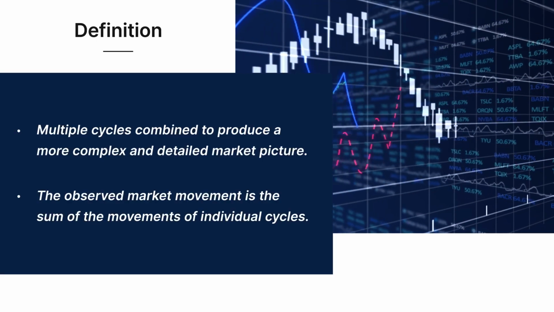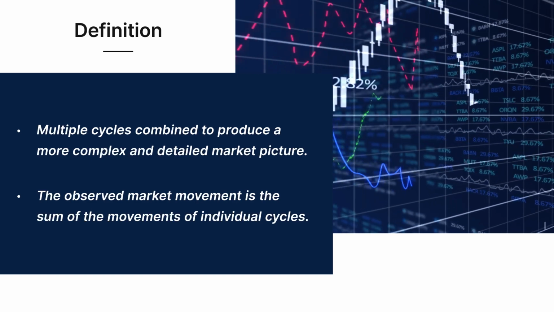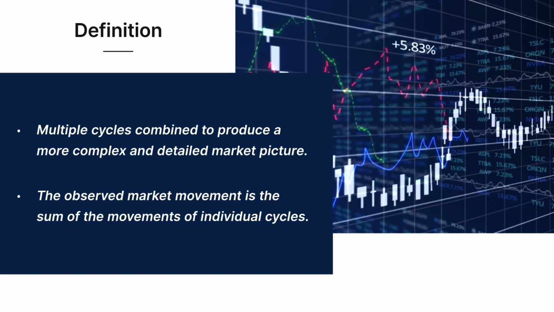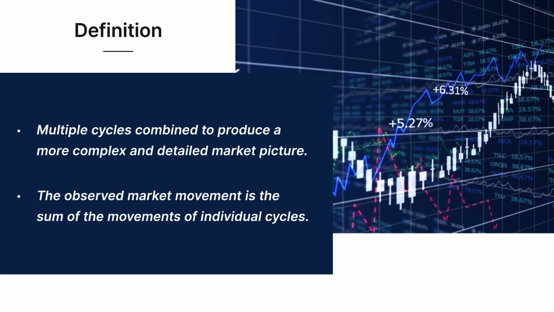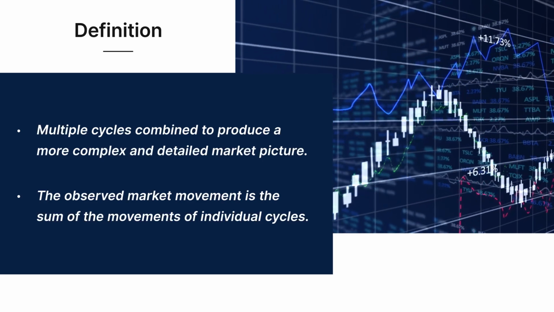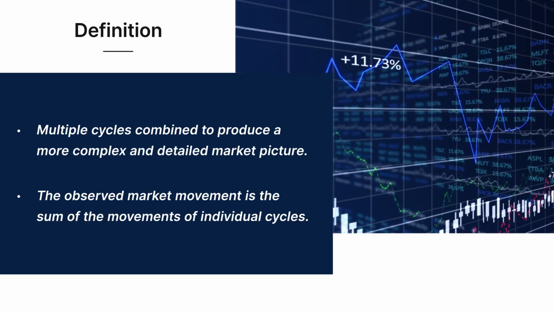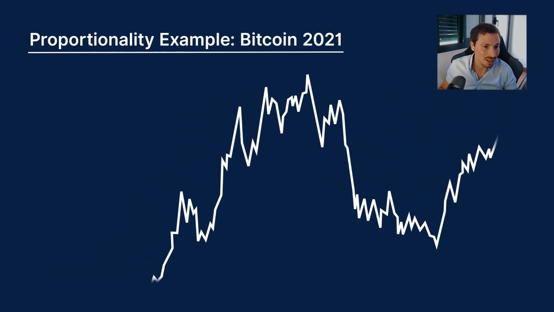Remember, go back to the principle of summation. Price action that you see in a chart is a result of adding many cycles together. But usually there's one large long-term cycle that is defining the trend, and then there are smaller cycle components that are giving you a bit more detail. Now, it's not worth it to understand what is happening to a 10, 5, or even 20-day cycle if all you're concerned with is a larger 15-month wave. However, it may be important for you to be aware of what is happening to an 80-day cycle. I'm not saying I recommend this, but you could try to sell tops in this cycle and buy the bottoms.